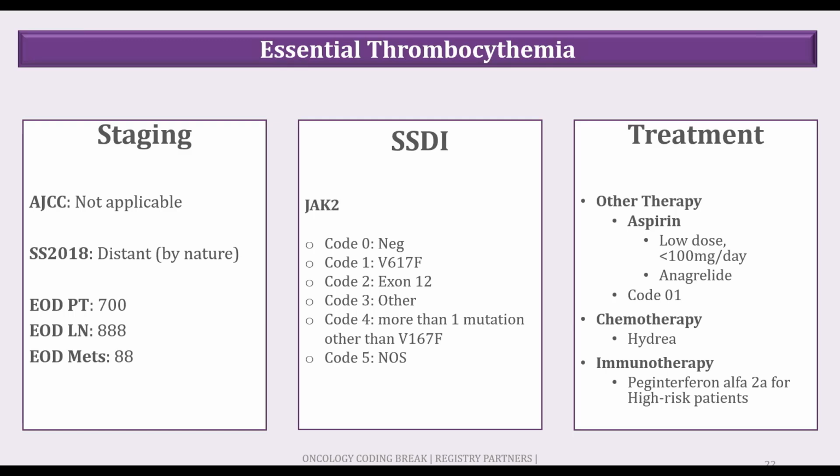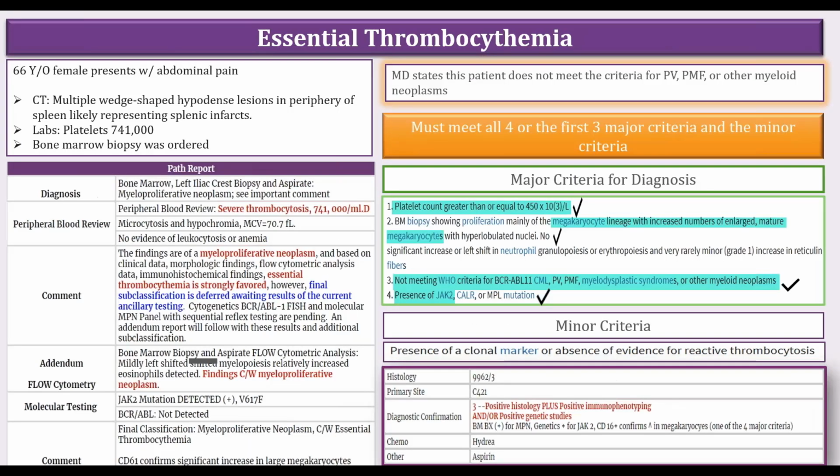Patients are also usually treated with anagrelide. This is also coded under other therapy for ET. ET patients can also have chemotherapy, again with Hydrea or hydroxyurea, and high-risk patients can also have that immunotherapy as well. So taking a look at what an ET case might look like,